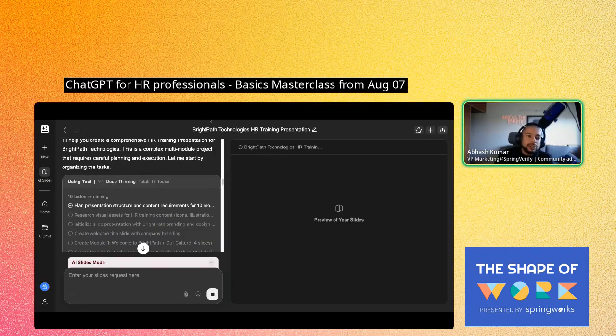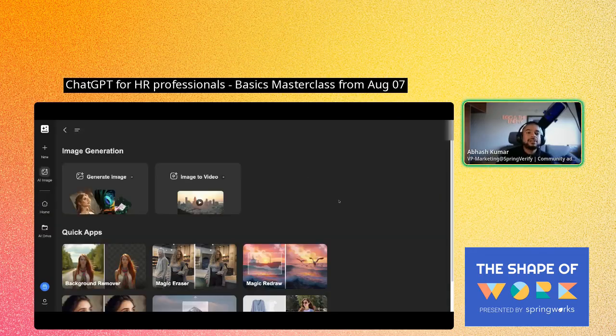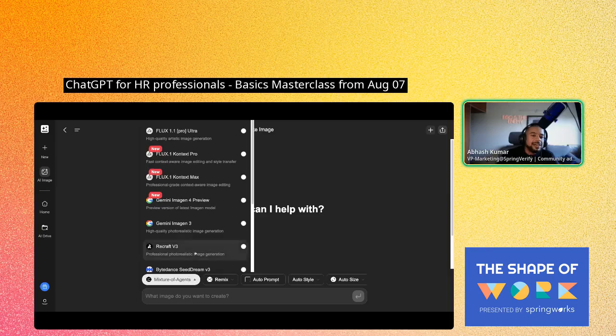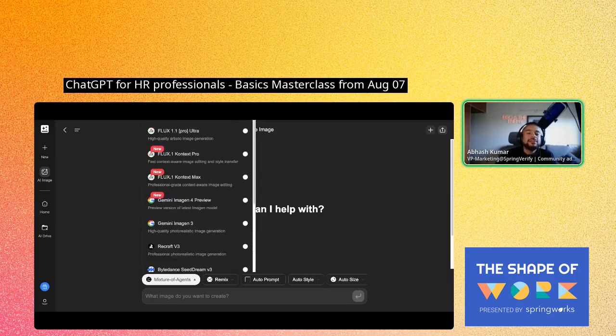Where does it become more useful? For example, if you're doing image generation and you want to generate an image, you can see you have availability of all these image models in one single tool, right? And we know for a fact that ChatGPT's image generation model, DALL-E, might not be the best, or there are certain things which certain models are very good at.